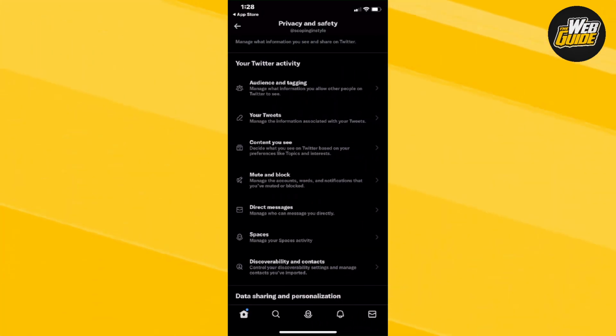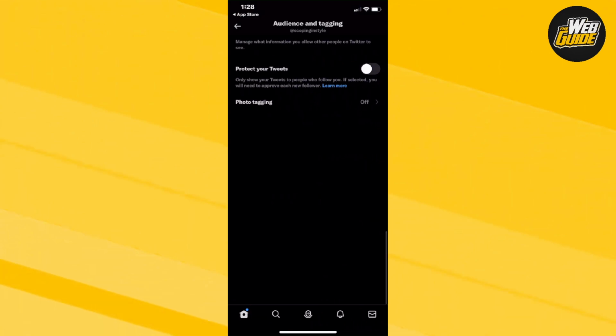Once you're actually here, you're going to want to click on audience and tagging. Once you go ahead and click on that, you should get two options. Now, one of the options here is photo tagging and the other option is protect your tweets. Now, you're going to want to go ahead and toggle on protect your tweets, and that should be able to